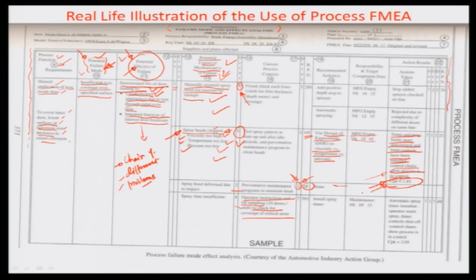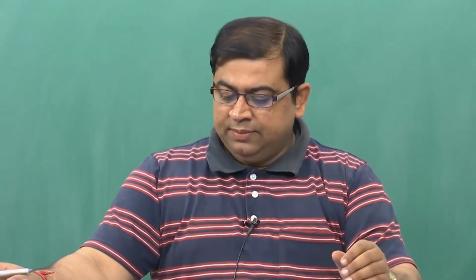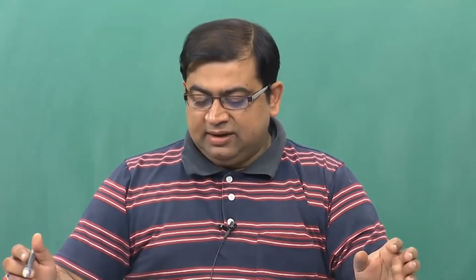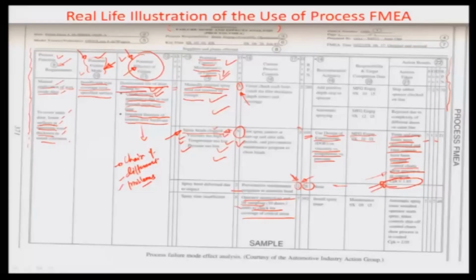Now let's look at the RPN after the implementation of the same. Obviously the severity and the detectability don't change, because the process of checking is still the spray pattern test which was there earlier, or maybe even the preventive maintenance schedules which were earlier for preventing this problem. But the occurrence has reduced from the earlier 50% value, as you can see here, all the way to about 10%. So the occurrence of this defect has reduced because of the countermeasure, and subsequently the RPN has come down from 105 as shown in this particular